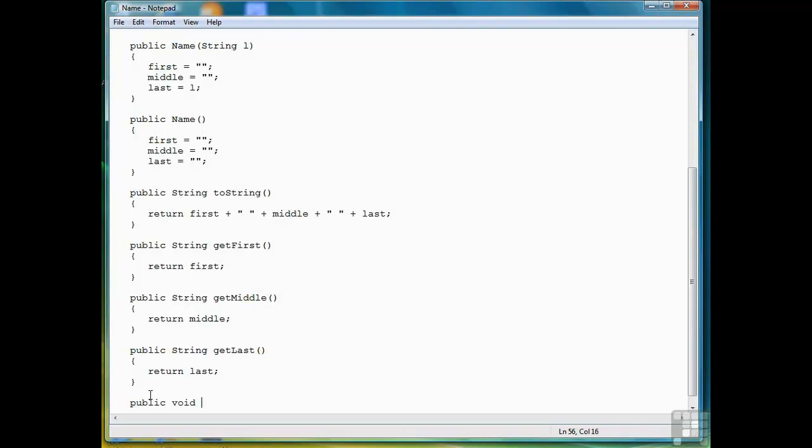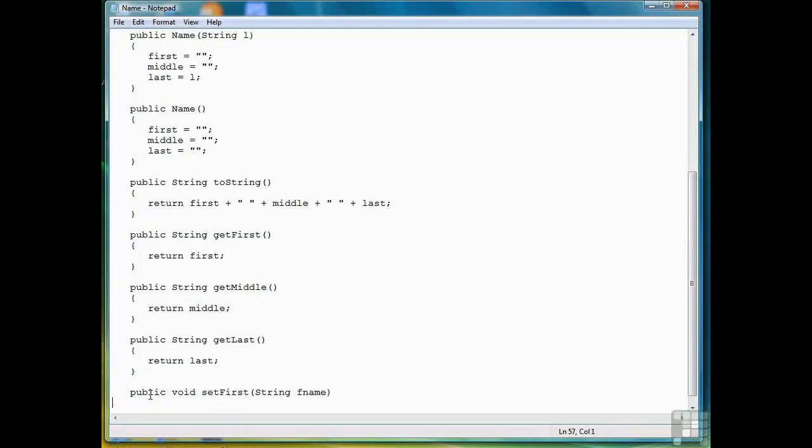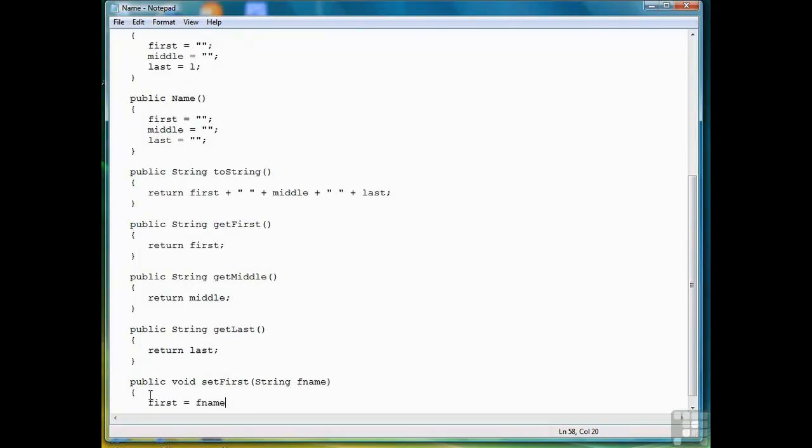Set methods are void methods, and what I mean by that is a void method does not return data. It is simply used to perform an operation, in this case to assign a value to a data member. So its return type is void, which means no return type. So we'll write setFirst for the name of the method. The parameter will be a first name, that's a string, so we'll use string fname, and all we do is